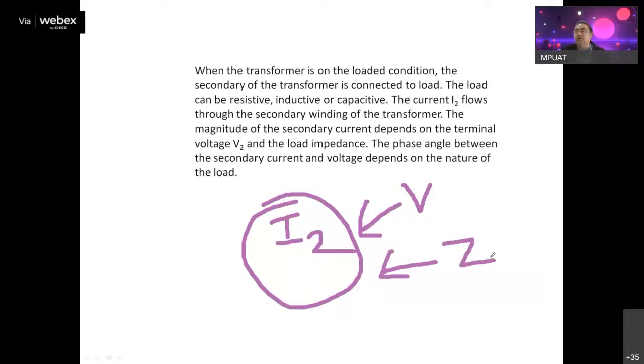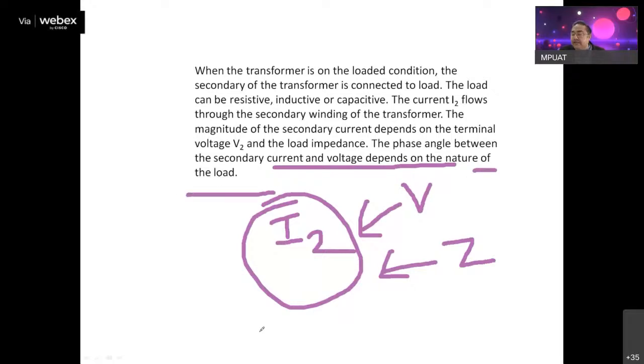ठीक है, वो लोड जो है उसका impedance कितना है, वो केवल R है या R प्लस JX है या R माइनस JX है या R प्लस माइनस JXL माइनस XC है, वो जो भी उसका इम्पिडेंस होगा उसपे, और जो टर्मिनल वोल्टेज V2 आया है उसके ऊपर डिपेंड करेगा उस करंट का. ठीक है, और उस I2 का फेज एंगल कितना होगा, that also depends upon the current and voltage, and depends upon the